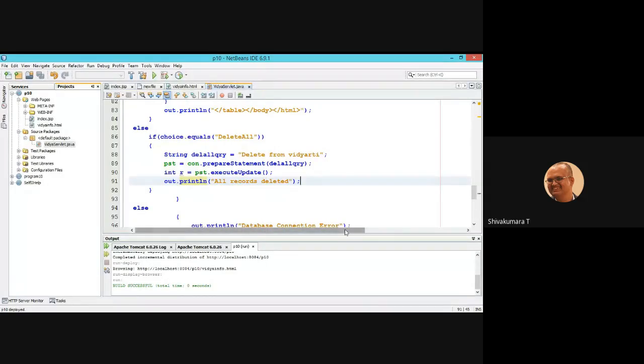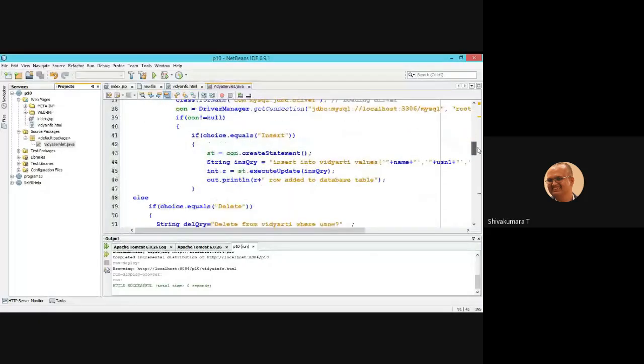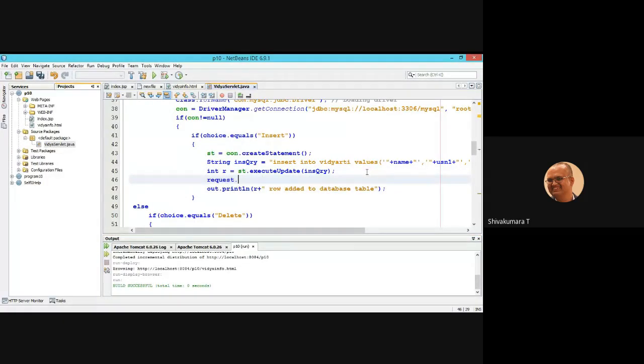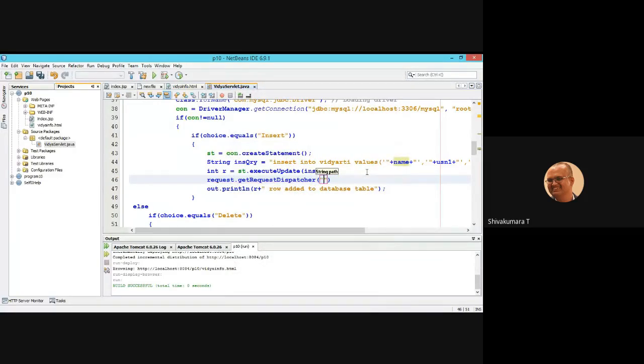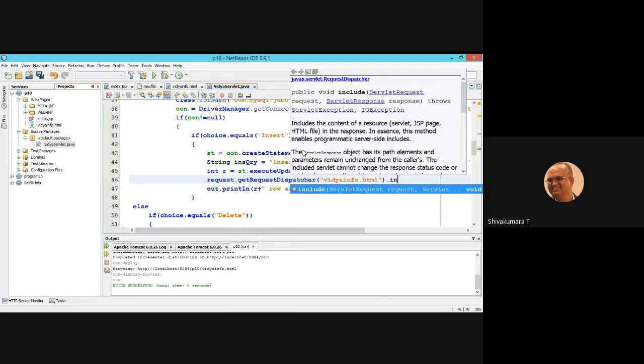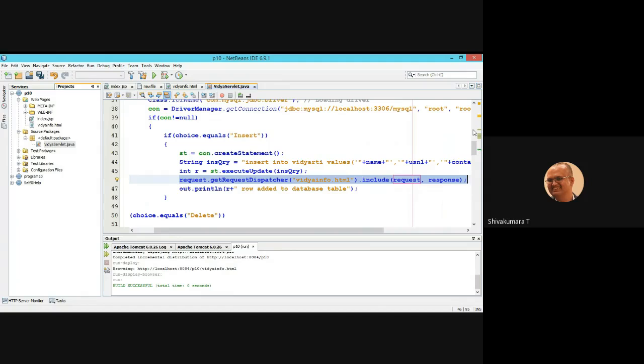So to get the page instance in every action of the record, include this additional line. Include the additional line, this one. Request dot get request dispatcher. What's the name of your student form? Vidya info dot html dot include. You repeatedly use it wherever you need it.